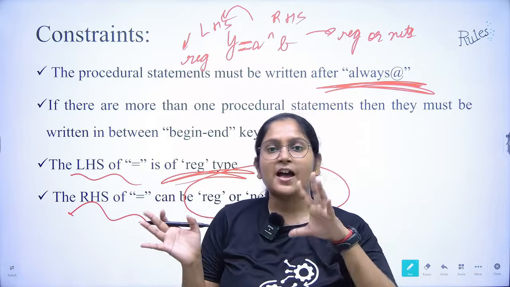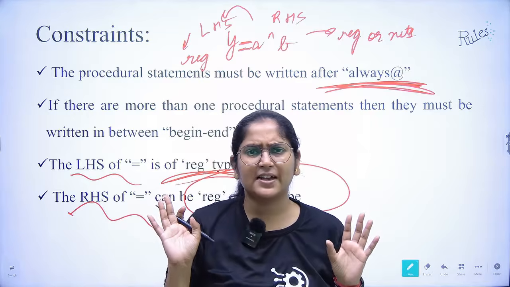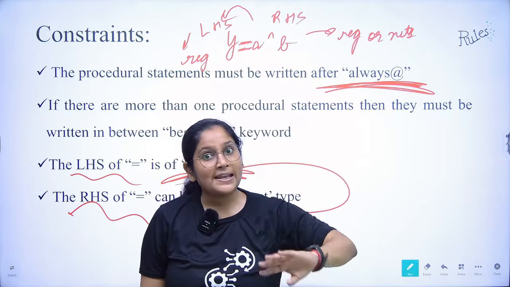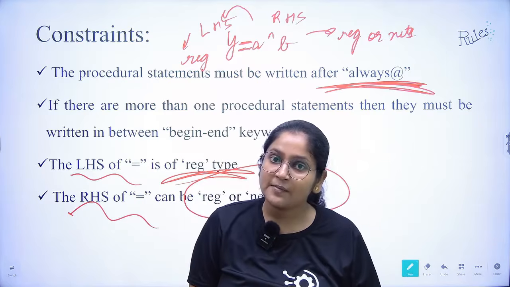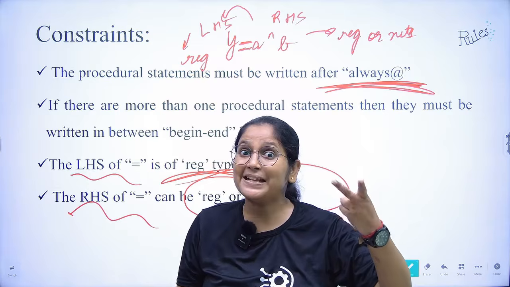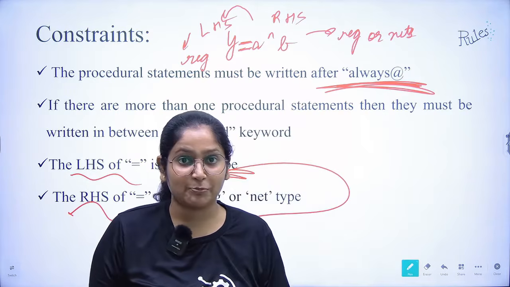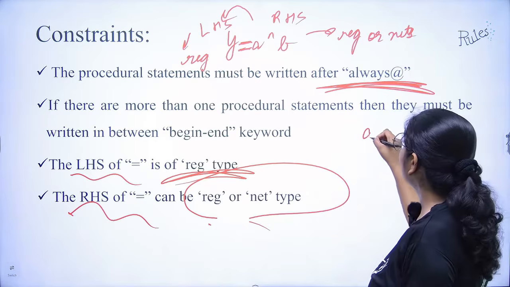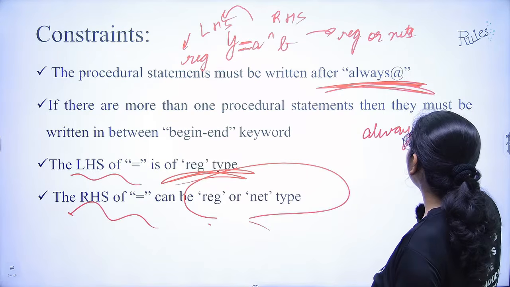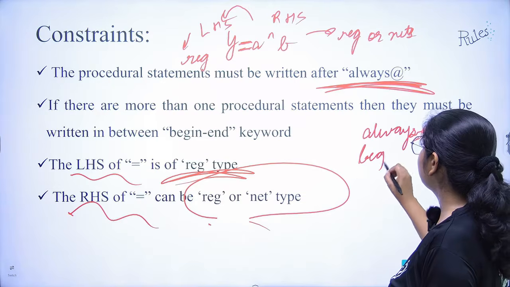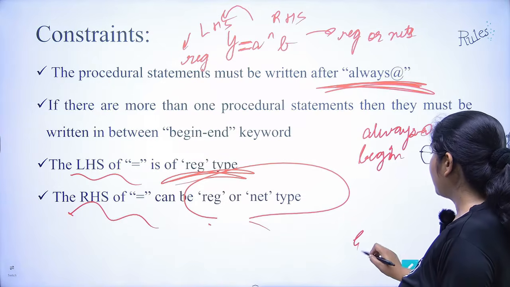Suppose we are designing a half adder, a very basic digital circuit. If you are designing a half adder, it has expressions for sum as well as carry, right? So we have two expressions, multiple statements, and we want multiple outputs. For that purpose, first of all, we write always at the rate, and then we use these keywords begin and end.